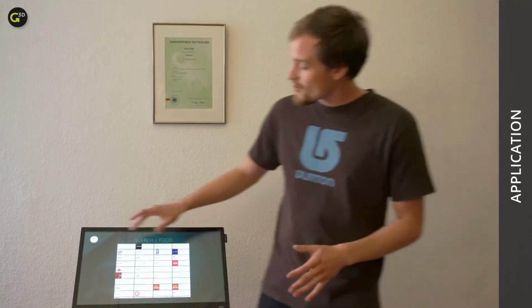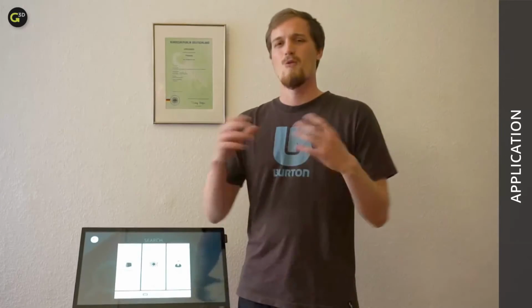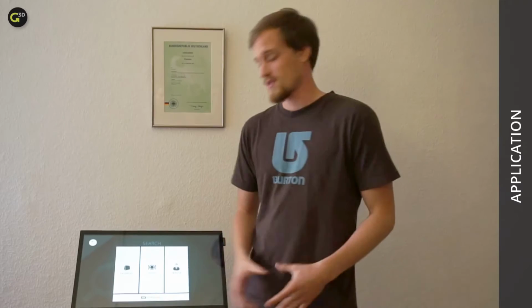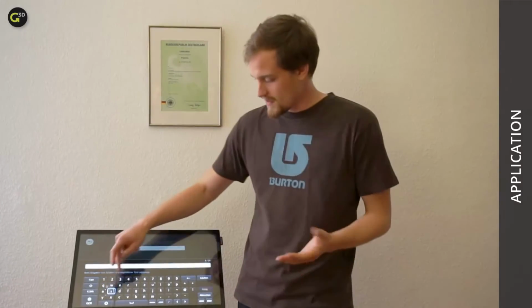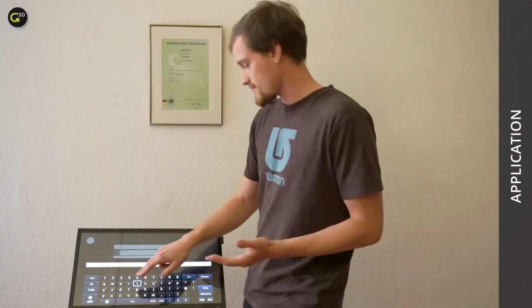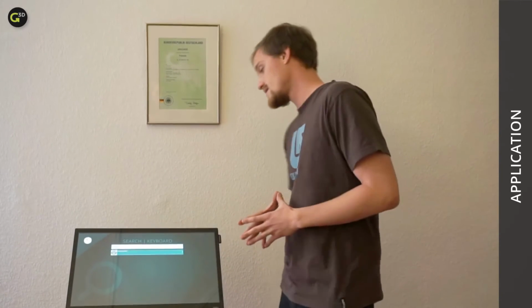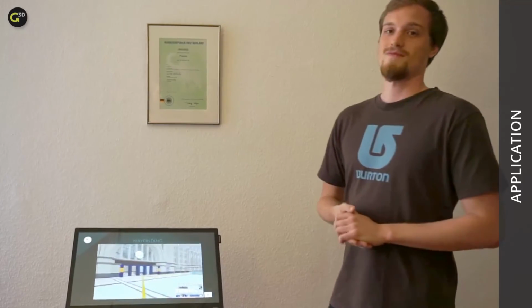Cool. So imagine now we come to this mall and you feel like you really need a coffee. So we want to know how to get as quickly as possible to Starbucks. You can just enter the name of your destination, in this case Starbucks. And by clicking on it, it will automatically show you a beautiful wayfinding animation of the way to your destination.